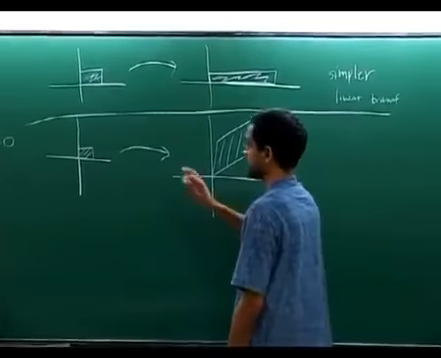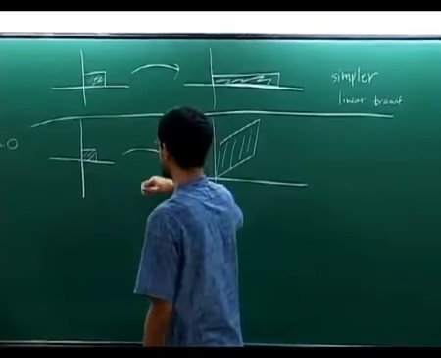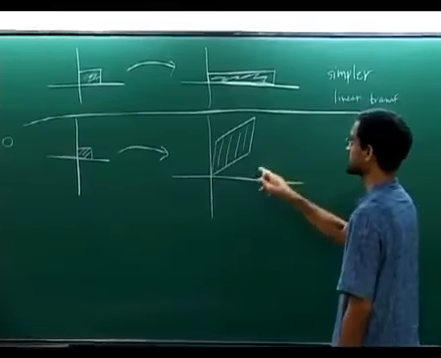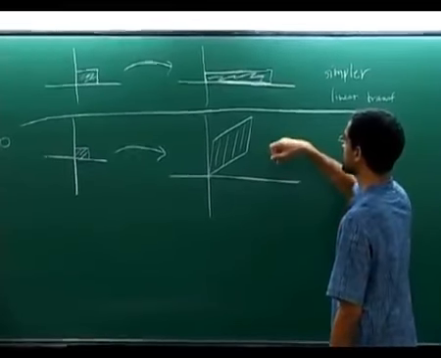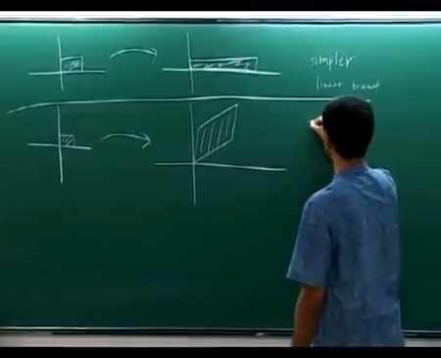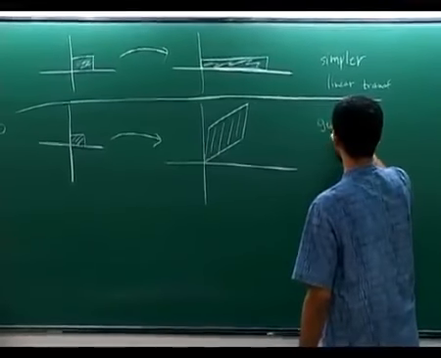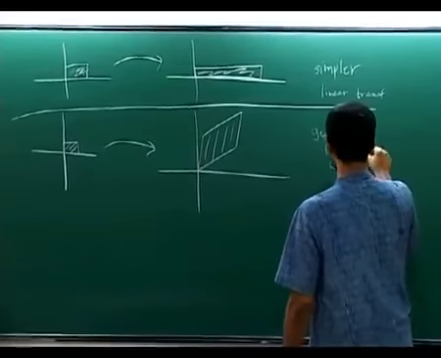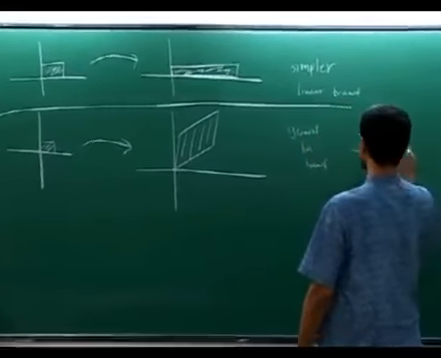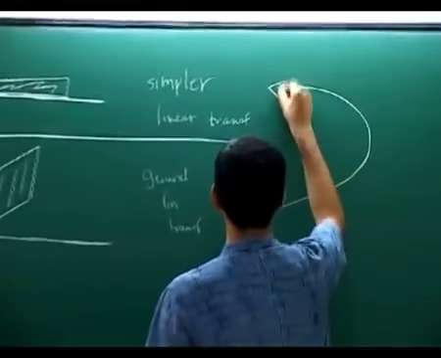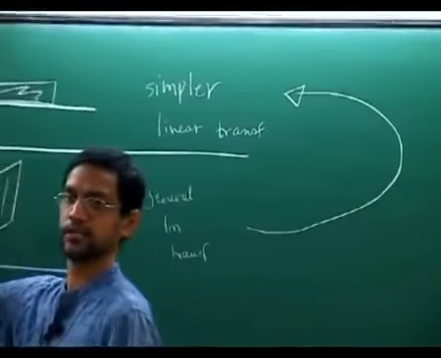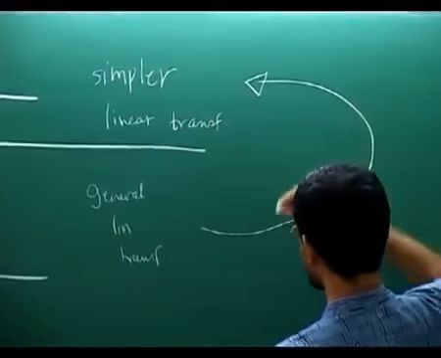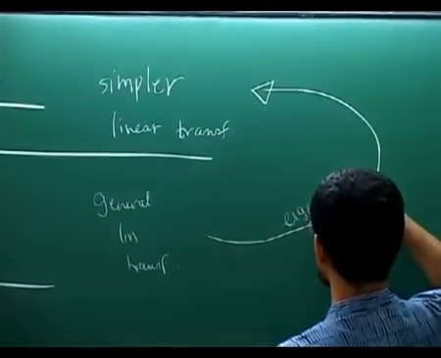So the idea with eigenvalues and eigenvectors is the following. This is the most general linear transformation. We want to somehow understand these by reducing them to such simpler transformations. Okay, so this is a general linear transformation. It looks like this, but given a general linear transformation, we want to somehow convert it into a linear transformation which looks like this. Okay, so we want to make this picture look like that, and that conversion procedure is exactly what eigenvalues and eigenvectors will do.